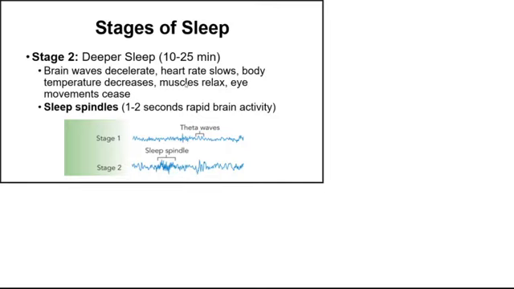And so what's going on in the body here is that our brain is slowing down, our heart rate slows down, our body temperature decreases, our muscles start relaxing, our eyes stop moving, so everything is shutting down for deep sleep. And these sleep spindles are really small clusters of rapid brain activity. So we can see that they're a lot higher amplitude and higher frequency than anything else around there. So it's a second or two of just really rapid brain energy before we go back into normal